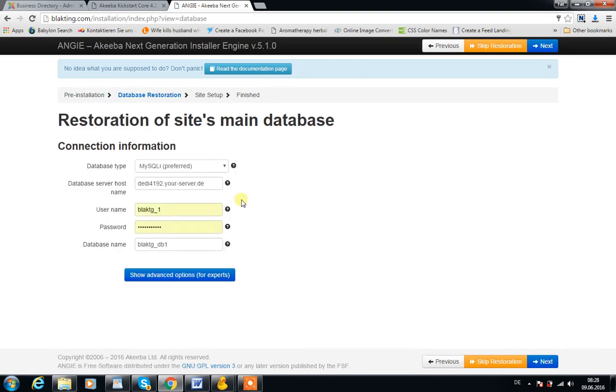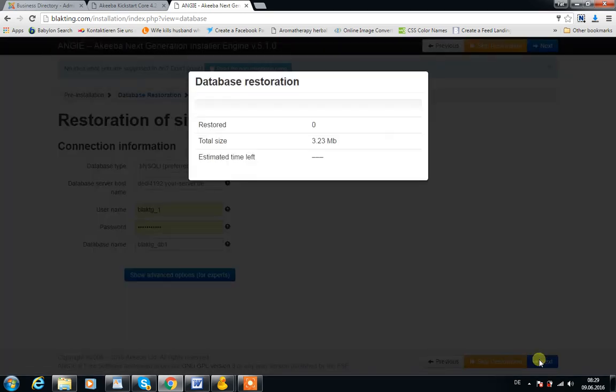Now here is where you put in some information. Here my database host name is already here. In most cases, some might say localhost, but in mine it says that. And then the username is already there. Username and password to the MySQL database. You don't need to click on the advanced option. Just simply click next, and it's going to start the database